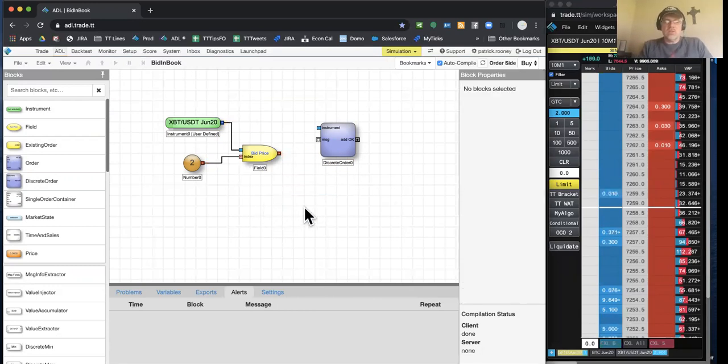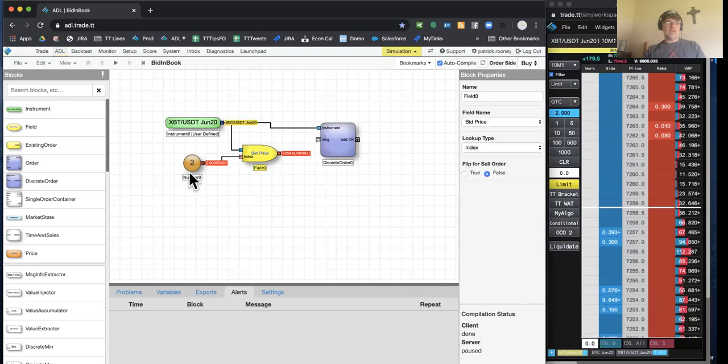It's just going to execute the order. It's going to put the order in, and then it's going to be done. There's no other logic to it. It's not going to manage the order anyway. It's just going to put the order in. So let's map into that. My contract now is mapped in here to instrument. Bid price. This is my calculated bid price. The field 0. I'm going to recall that